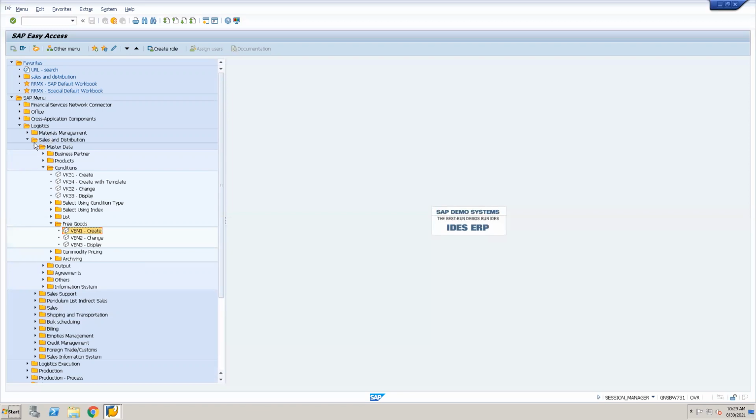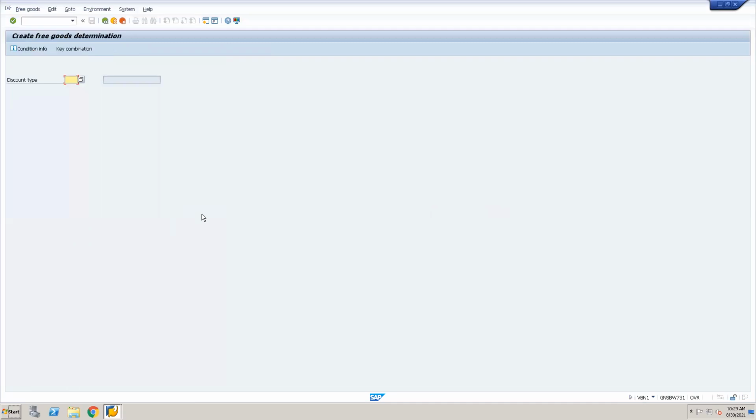If you go to logistics, sales and distribution, under master data there is conditions wherein we have free goods, and VPN1 is the transaction where you will be creating the free goods.